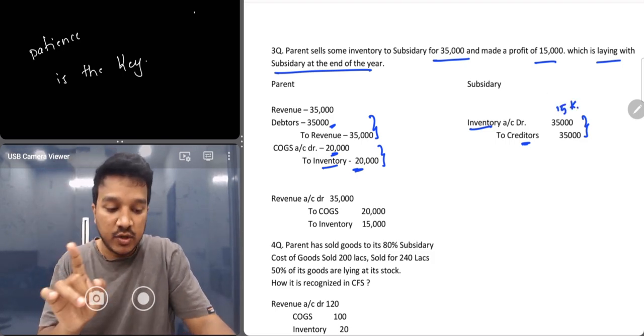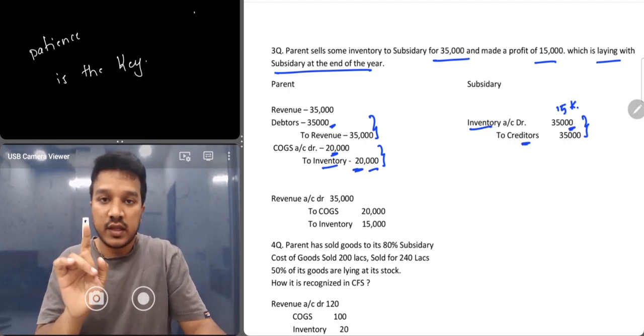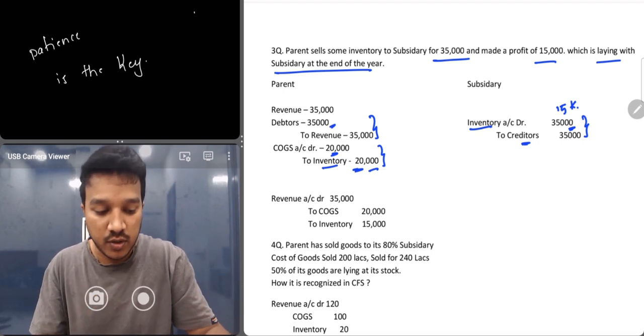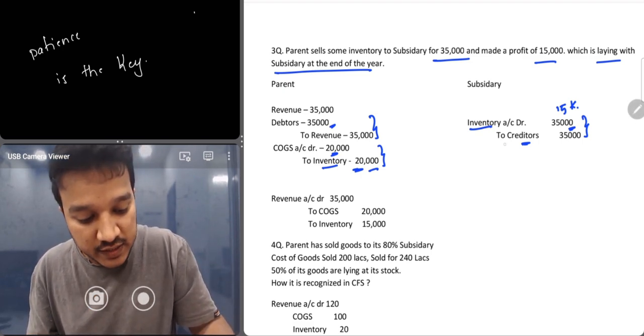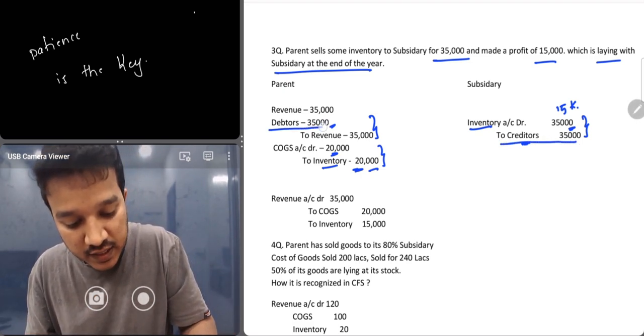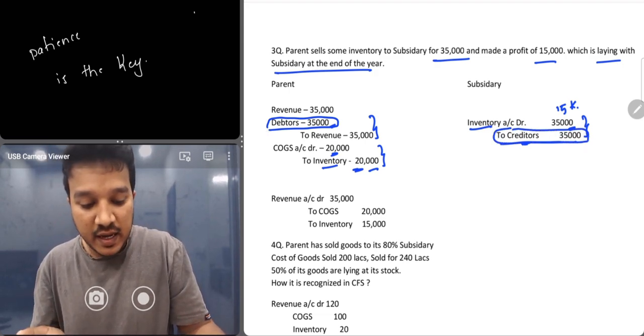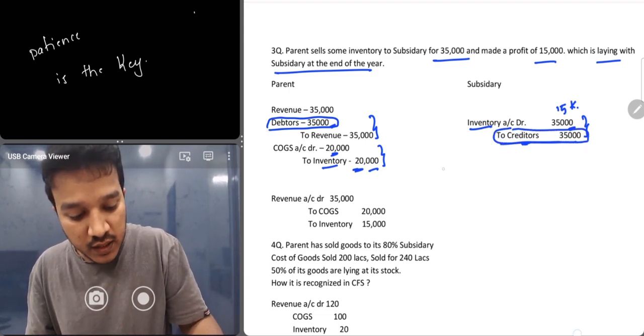15K balance is still there because this is for a value of 35,000 and this is 20,000, okay। inventory का debit balance 15,000 है, that is your profit element to be honest, and यहाँ पे जो creditor है, this creditor and this debtor will get cancelled out, 35,000 and 35,000, ठीक है।